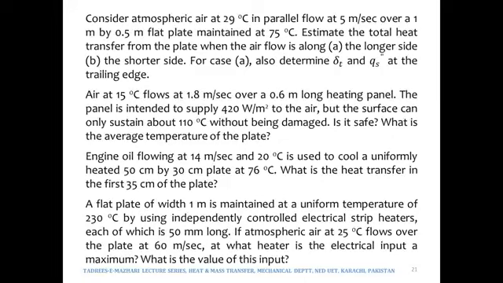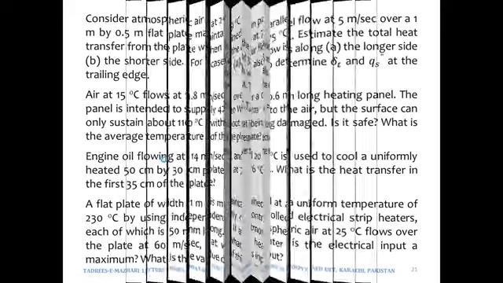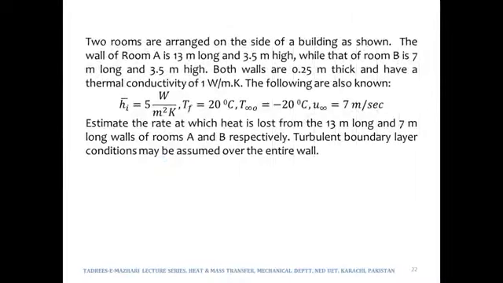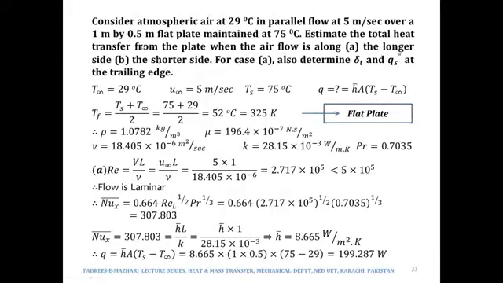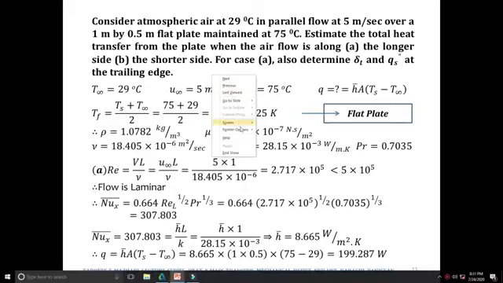So now we will go over those few numericals that are listed over here, and we would be taking them one by one. So let's start with the first one. It says that consider atmospheric air at 29 degrees Celsius. So this 29 degrees Celsius would be the value of T infinity, in parallel flow at 5 meters per second, so this would be U infinity